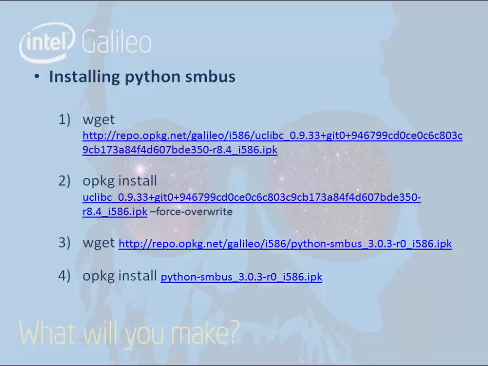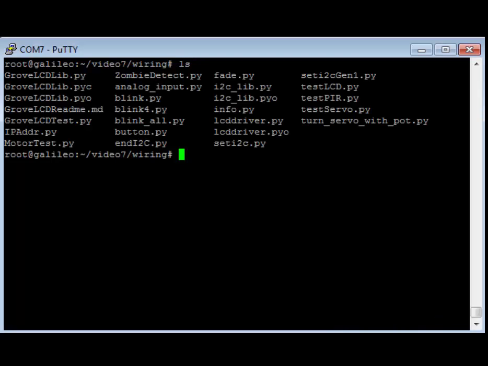Once we have Python SMBus installed, we will change the directory to wiring, which we downloaded earlier. We can see various LCD-based Python scripts in this folder. We have a Grove LCD lib.py, which defines various functions to use the LCD over SMBus. Next, we have the Grove LCD test.py script, which tests the LCD interface with Galileo over SMBus. Since these examples do not use the wiring module for the interface, we will have to specifically mention all the pin muxing